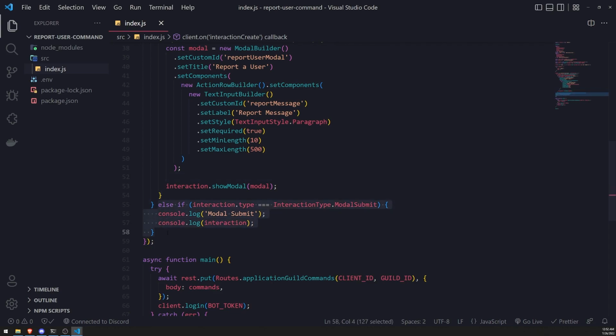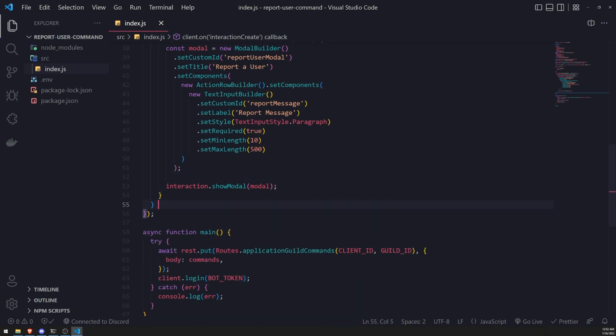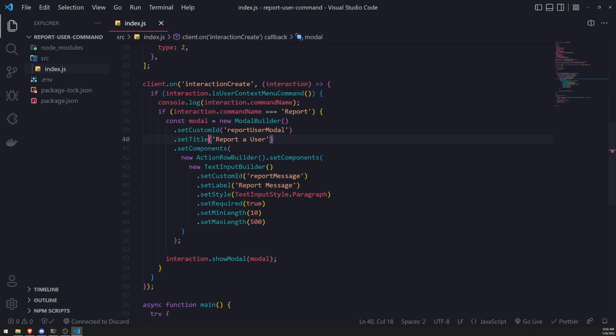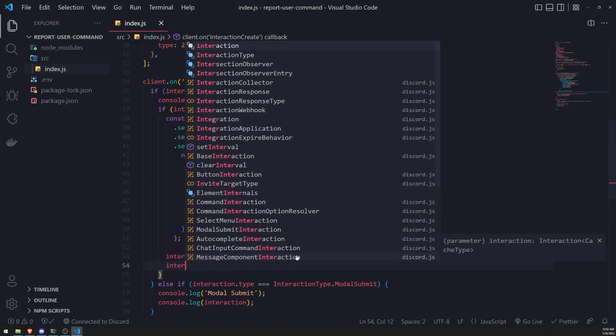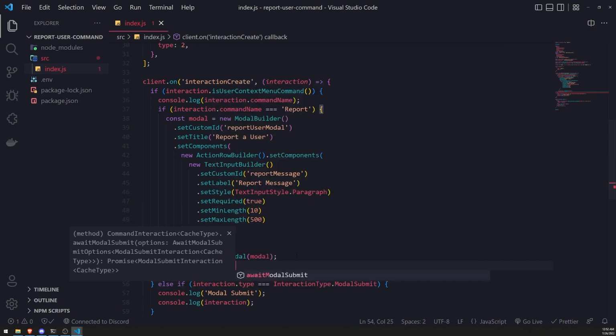So let me actually go ahead and delete this. Okay. And actually, you know what? I'm not going to delete this. I'm going to go ahead and just leave that for now. But what we're going to do is use the interaction.awaitModalSubmit